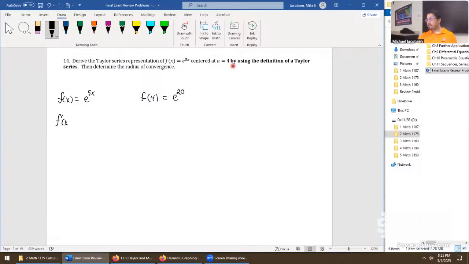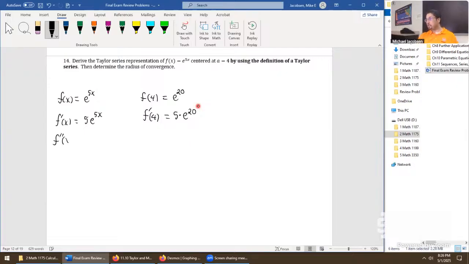So differentiate. Mind the chain rule. That's a silly mistake to make on these kind of problems. This is going to be 5 times e power 5x. Then over here, evaluate it at the center. F prime at 4 is now 5 times e power 20. And because every time we differentiate, we get e power 5x, it looks like e power 20 is a big feature of this problem right here.